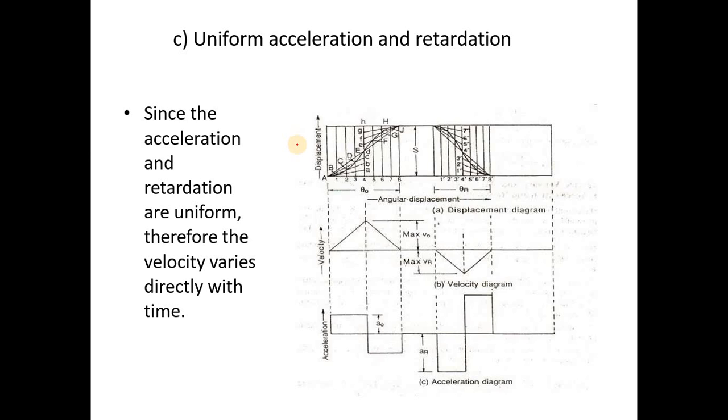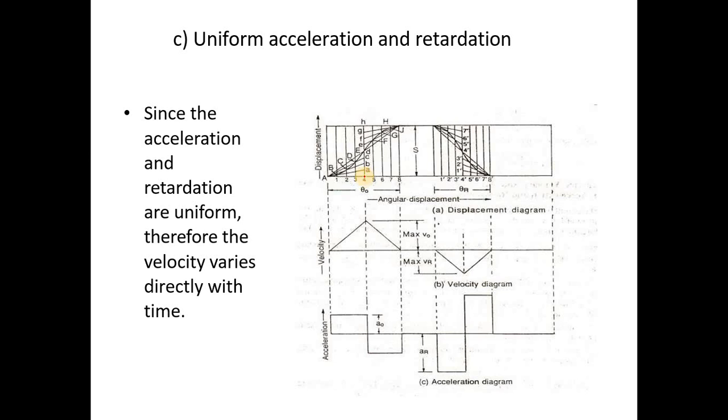Again, first of all, mark theta O as per the problem, that is the outstroke. Mark the dwell period and finally mark the return period. The remaining part is dwell. So theta O is complete. First of all, divide theta O, that is the outstroke, into equal parts. Suppose over here we make 8 equal parts of theta outstroke. You can see the same over here.